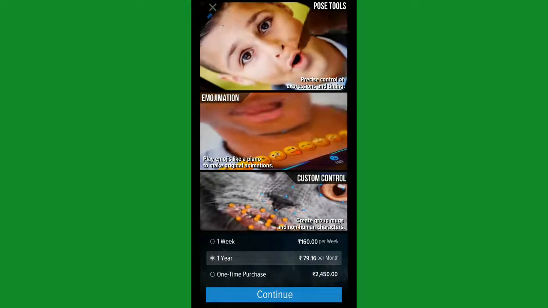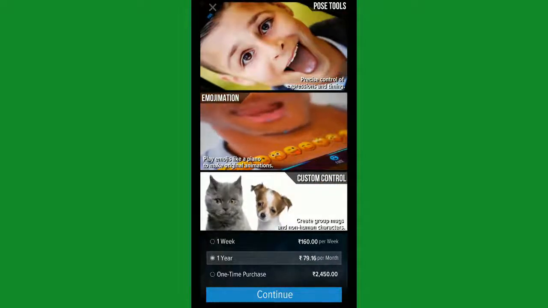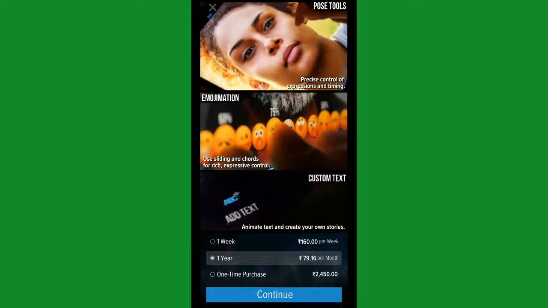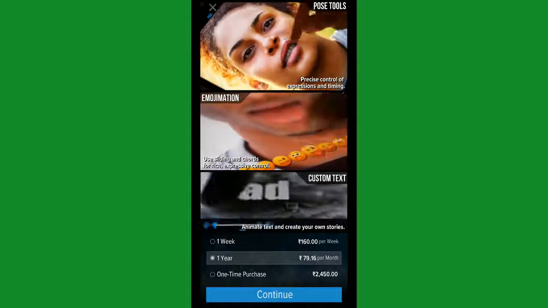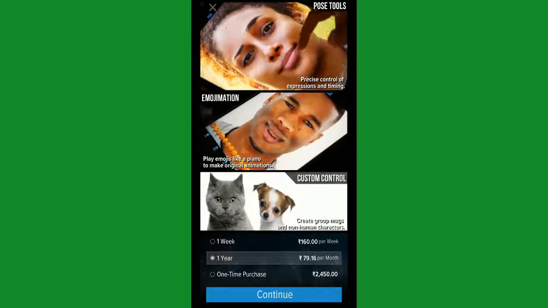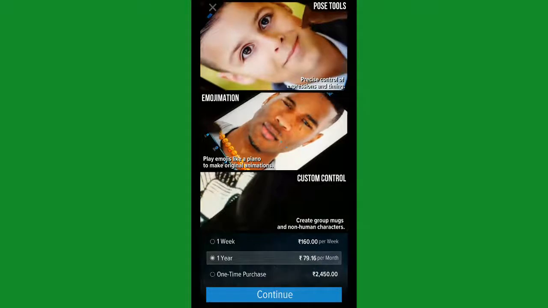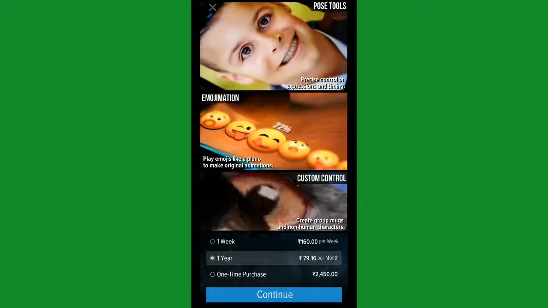You can take any animal like a cat, dog, lion, tiger, or anything. Just take the static pic, and after adjusting the points here, you will be able to add the selected animation effect to this. To access all these features, we need to go for the pro version.